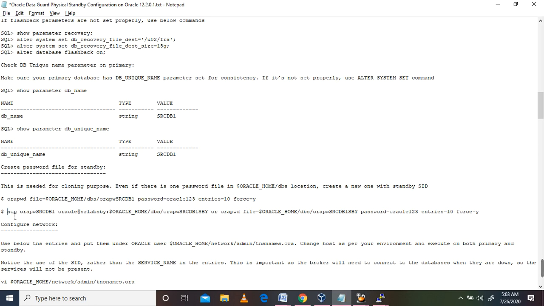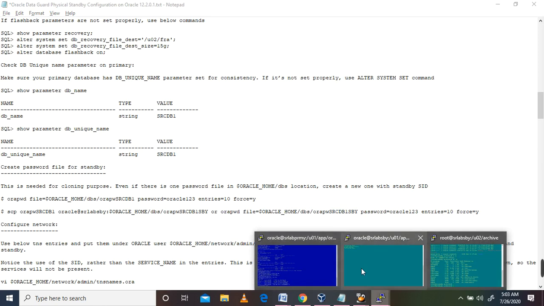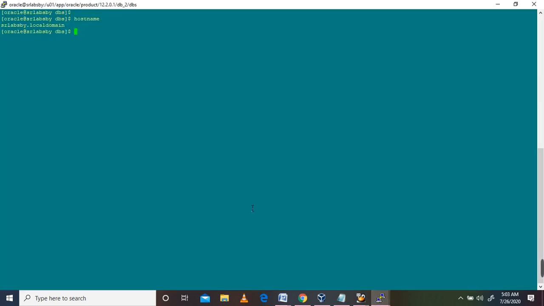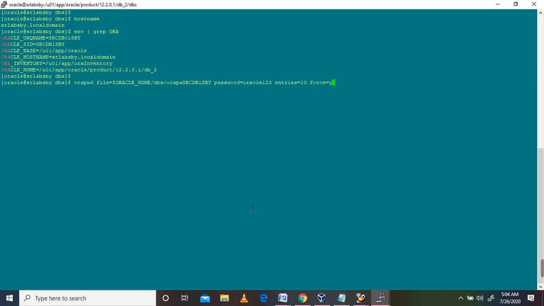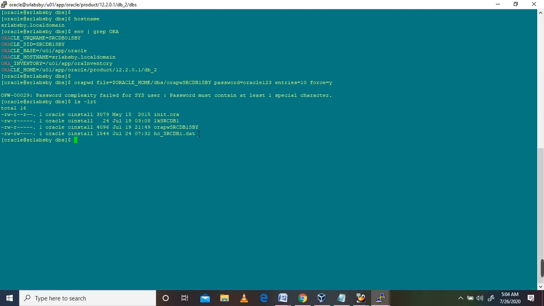If it is there, we can SCP this password file to the standby location, or else you can create the password file with the command below. You run this command on the standby side. The password file is already there. I am removing this one.